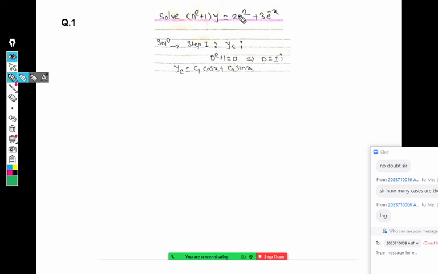Now the RHS is 2x square and 3 e raised to minus x. Actually, if we have to find out YP for this, we find out YP for the algebraic part separately, that is YP1, and we find out YP2 as the particular integral of exponential type separately, by our shortcut method. But suppose this question right now we have to do by the method of undetermined coefficients. If we have to use that method, we have to assume the trial solution there.